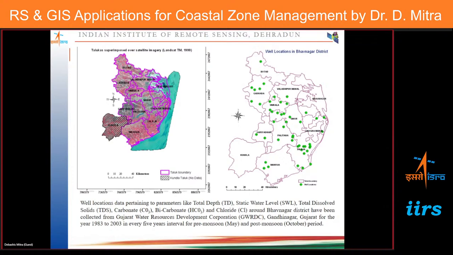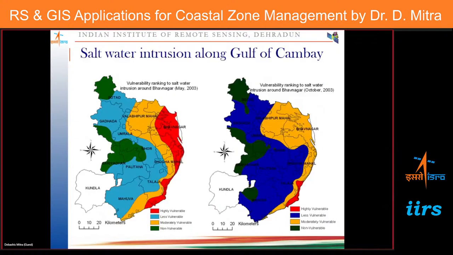which has been collected from the Gujarat Water Resources Development Corporation in Gandhinagar for the year 1983 and 2003 in every 5-year interval for the pre-monsoon May data and the post-monsoon October data. Because the scenario will change. Pre-monsoon scenario definitely will not sustain after the post-monsoon, because after the monsoon, there will be a lot of shower, lot of fresh water will go inside the system. So the scenario will change in October. So this type of study needs the seasonal study, and we use a model to find out how the scenario is